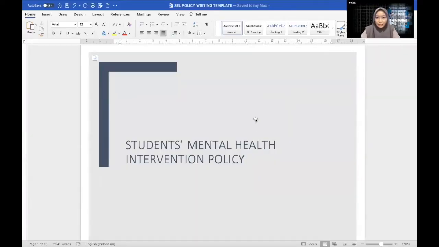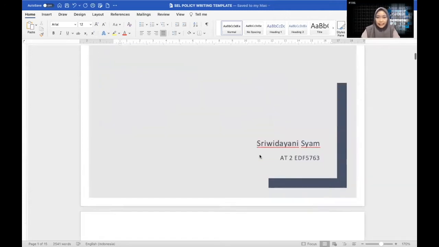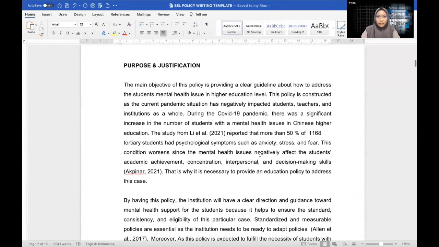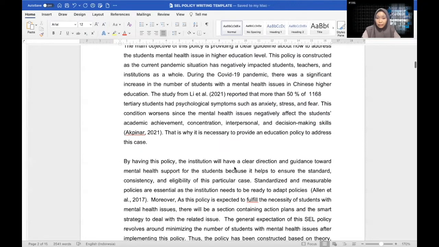The title is Students' Mental Health Intervention Policy. And of course, the first is the purpose of this policy, which is to provide a clear guideline about how to address students' mental health issues in higher education. As a matter of fact, during the pandemic, there were a lot of students who suffered from mental health issues just because they felt bored and so stressed during the online class mechanism. So we provide this policy document to help them